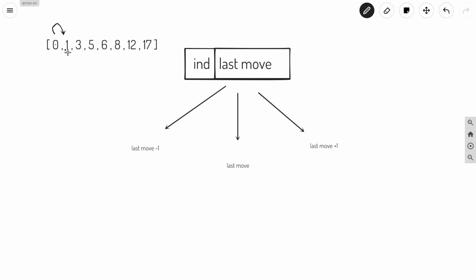Okay, so when it is on 1, it can have three choices. Either the jump will be of last move minus 1, basically the last move was 1, and 1 minus 1 is 0, or it can have a jump of 1 unit, or it can have a jump of 2 units.